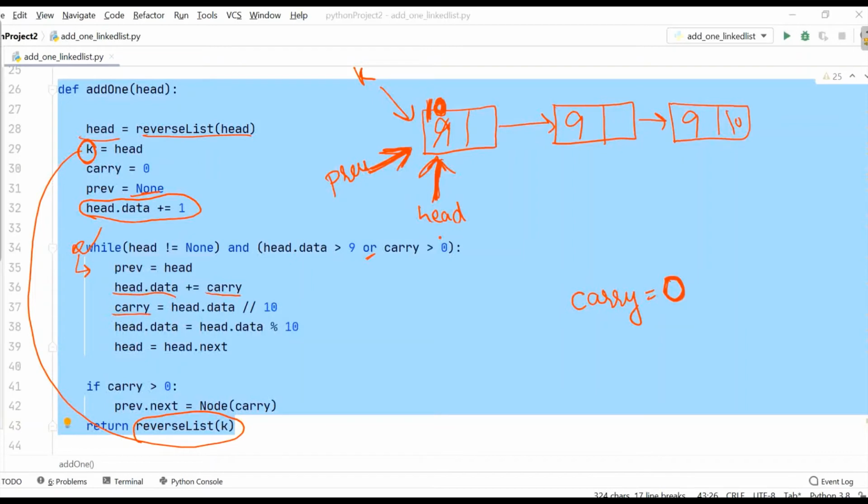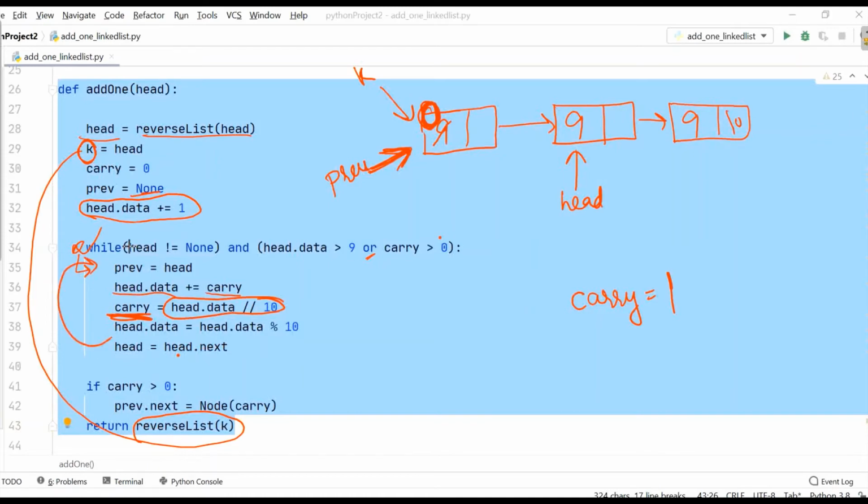Now we need to check for carry, which will be the quotient part when we are dividing with 10. So when I divide 10 with 10, we'll be getting 1 only. So carry will be replaced with 1, whereas head.data will be getting only the remainder part, which is 0. And then after operating the first node of the linked list, head will be pushed to the next by head.next.